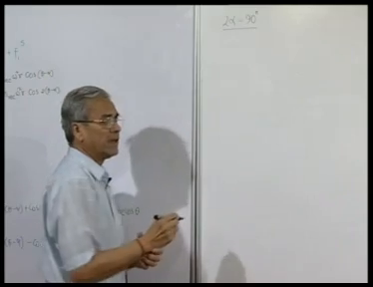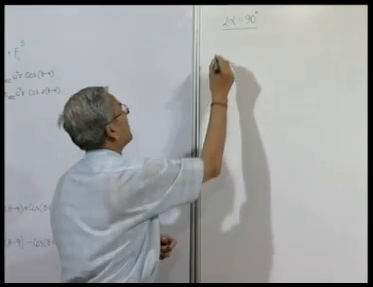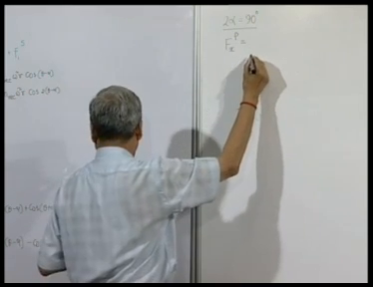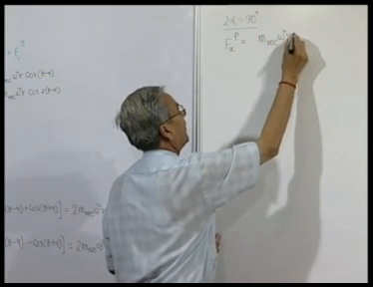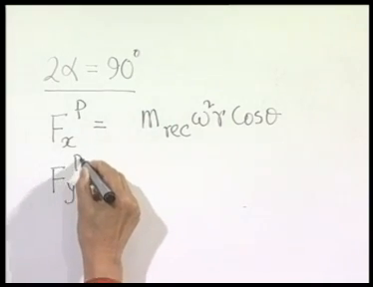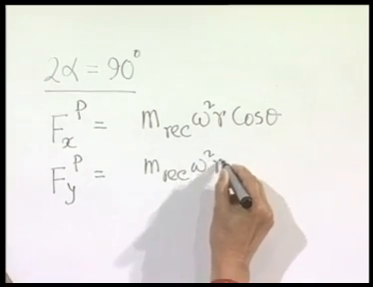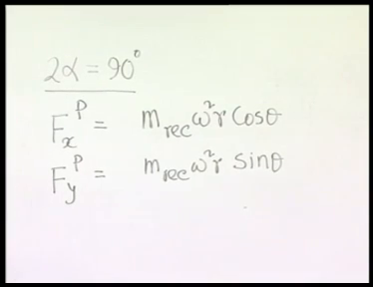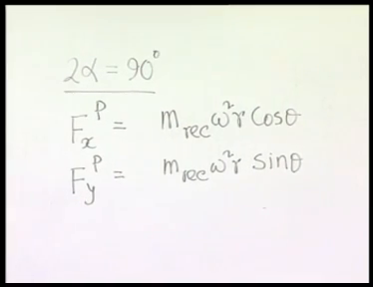So, this is called a 90 degree V engine. In that case, what happens? Your F x p is equal to simply, and F y p. So, it is very interesting to note that the resultant unbalanced force for a 90 degree V-twin engine is nothing